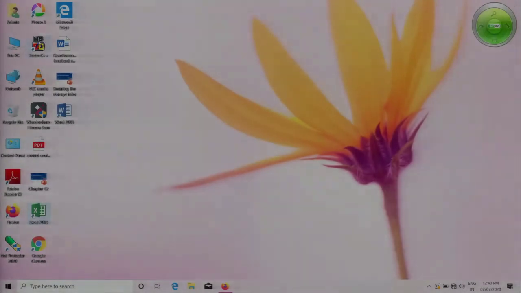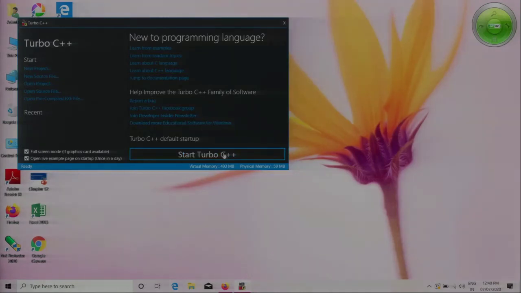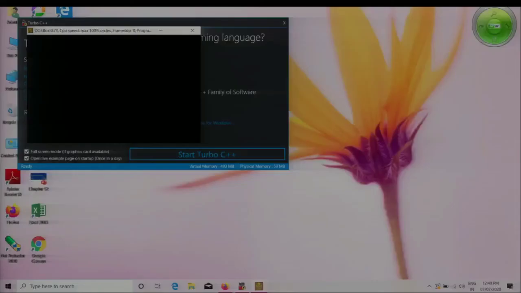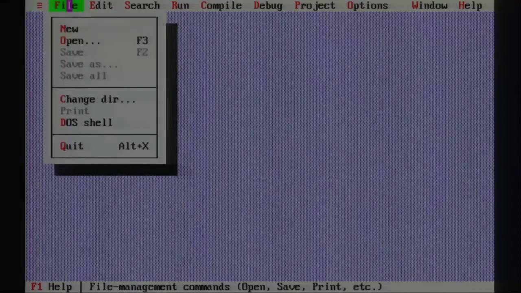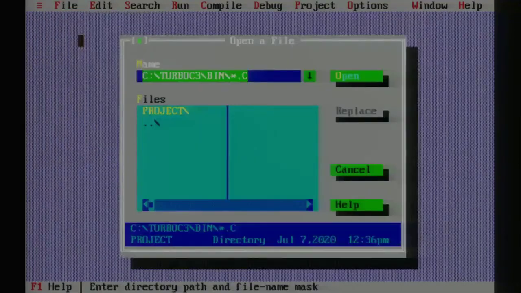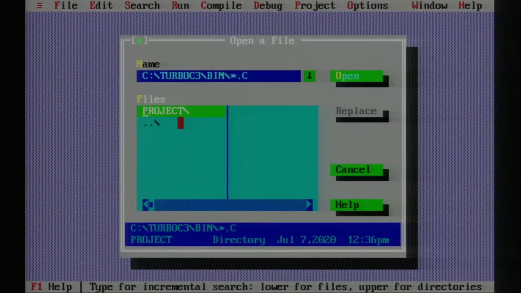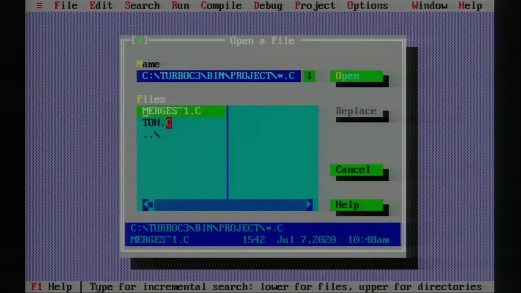So this was about the Tower of Hanoi program. I'll show you the program once again. It's a recursive call.